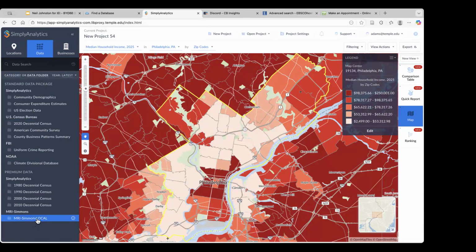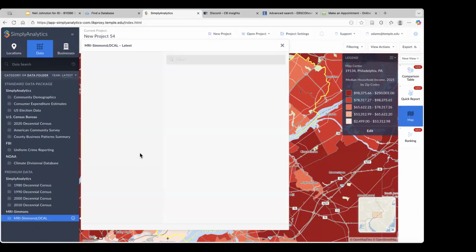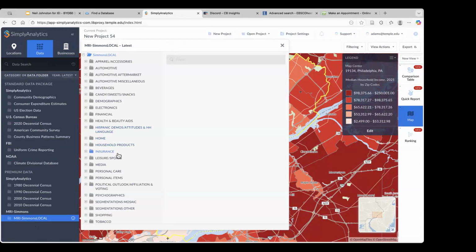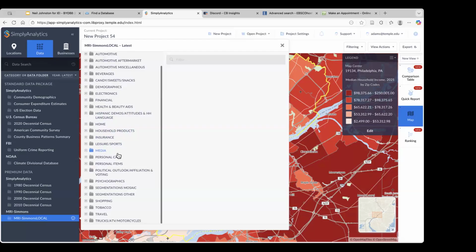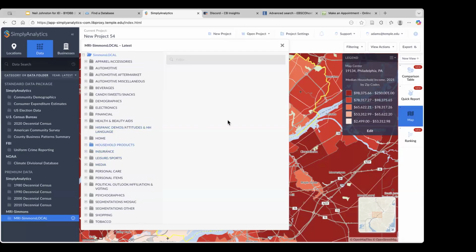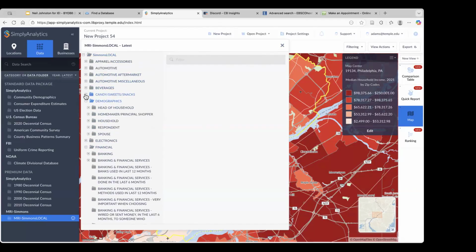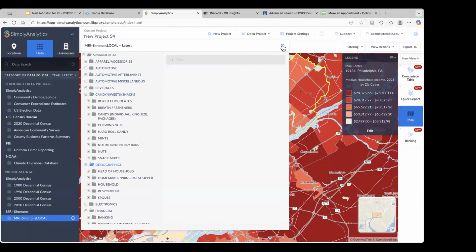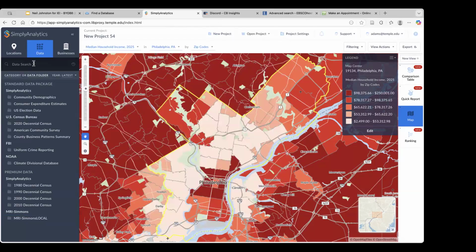MRI is one of the big market research outfits in the United States, and their data are available that you can plot on a map of any city, any town, any zip code, and get information about populations there in terms of their purchasing habits, lifestyles, and attitudes. It can be really overwhelming and also kind of cumbersome to go in and try to find what you're interested in. What I prefer to do is just keyword it up over here. I'm going to do a search for